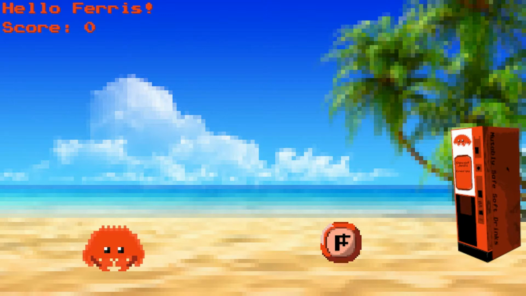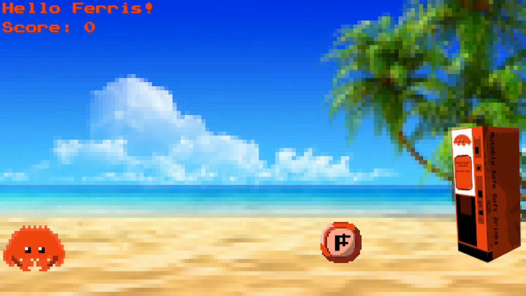So the vending machine, the coin, Ferris, and then this invisible layer on the ground are collision objects. These things have a shape that's assigned to their current position. For Ferris, it moves with him, so that when it interacts with another object, the collision handler decides what to do next. The limits of the game on the side here, like Ferris can't walk off to the left, that's not a collision handler. That's just a limit that's set whenever his position exceeds the x-axis of 0, because the